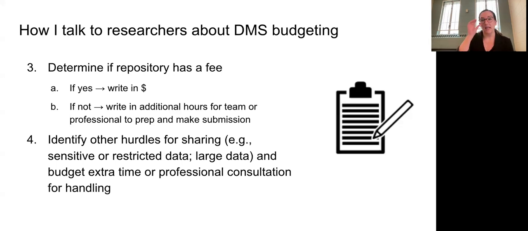And I think the NDA repository, the NIMH data repository, has a really nice spreadsheet on how to think about that for their repository, which is more complicated than others. Finally, the other thing I suggest to people is to think about their data and to budget more time if you have other hurdles for sharing. So things like sensitive data, qualitative data, restricted data, large data, things that are going to take more effort to make appropriate to share, more effort to ensure you have consent to share, and more effort to ensure that they're preserved beyond the lifespan of the grant.